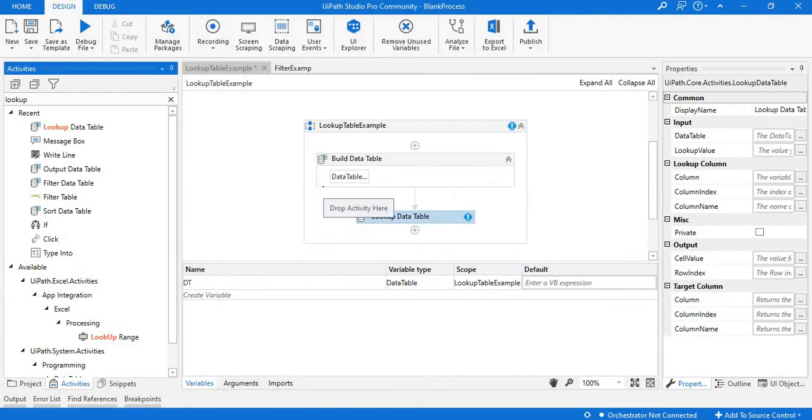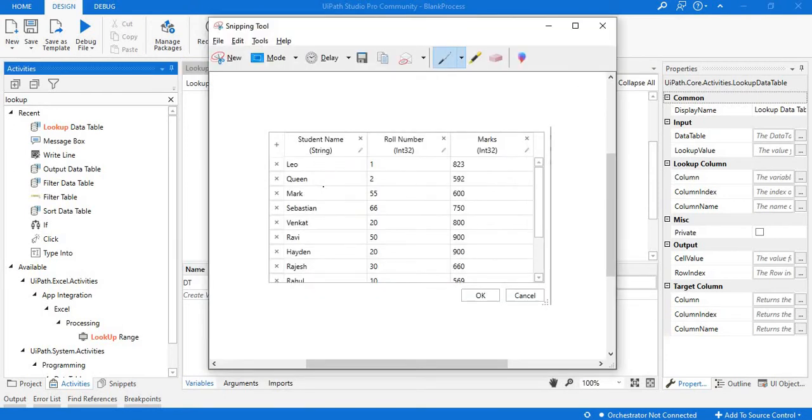With the help of lookup data table, what we can know is, if you want to know the index of a particular record, suppose I want to know the index of Venkat, with the help of lookup data table, we can achieve that index value and display it to the user.